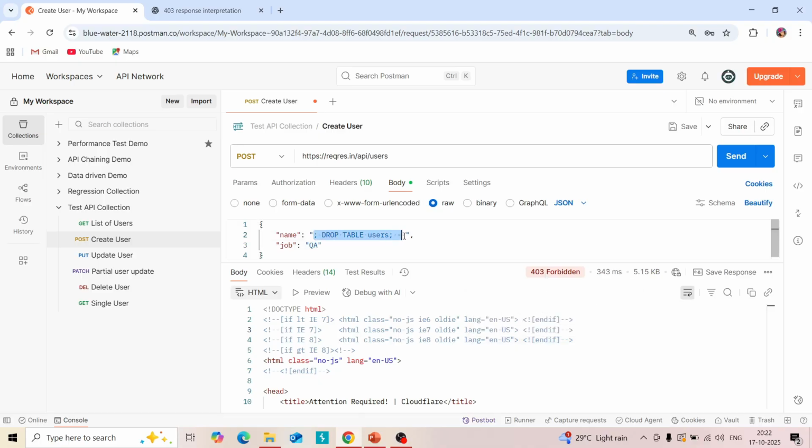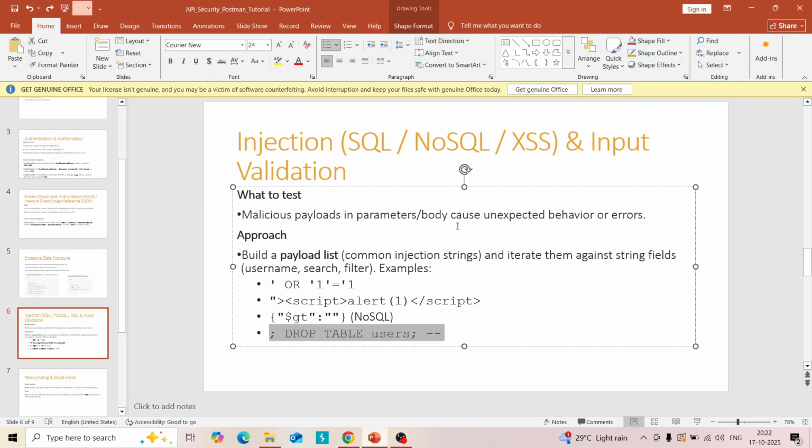So in your case, you can check these types of payloads. You can search in Google for the different types of payloads for SQL injection and XSS. Okay,